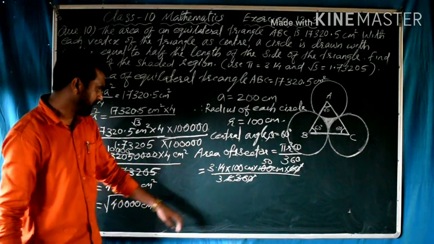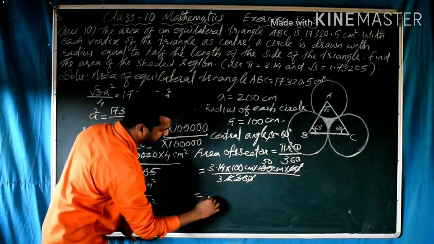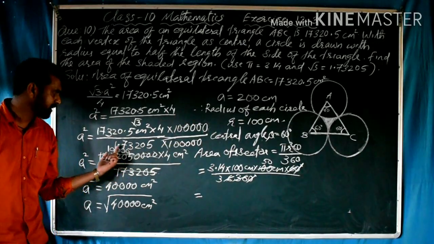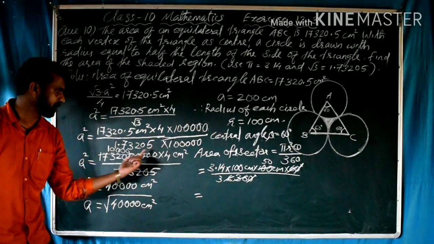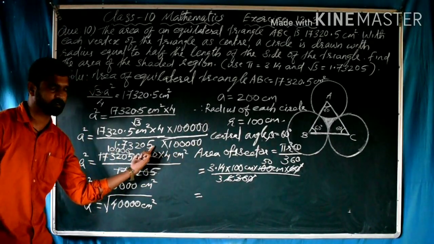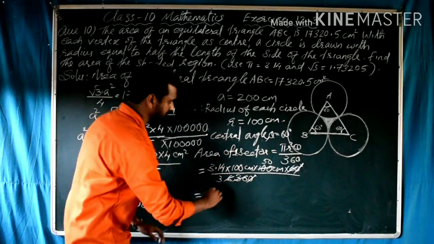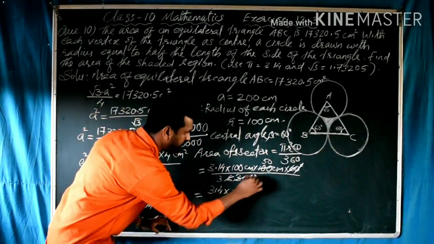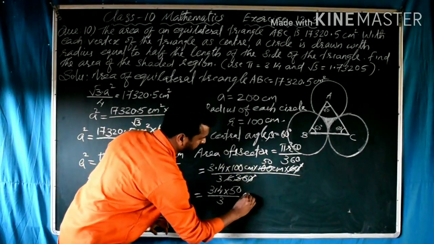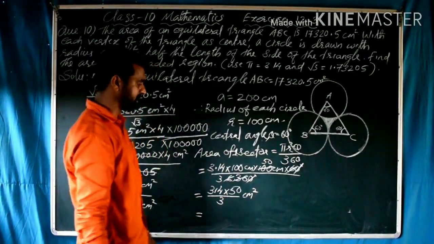Okay, now we cannot cancel that one. Now we will multiply this one, 3.14 into 100, what is the answer? 3.14 into 100, this decimal point will go 2 places to the right. What we have done here in the same way, 1.73205 into 1 lakh, here 1, 2, 3, 4, 5 zeros are there, so the decimal point will go 5 places to the right. In the same way 3.14 into 100, the decimal point will go 2 places right. That means it will become 314 into 50 divided by 3, centimeter into centimeter, it will come centimeter square, that is equal to. Now we will multiply and divide it by 3, that is 314 into 50.